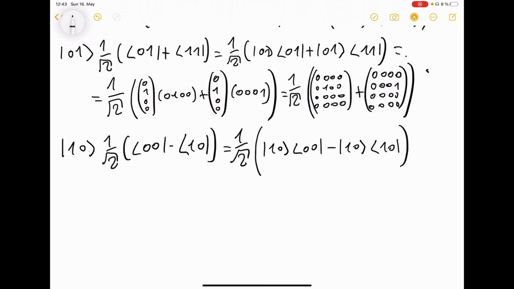Okay. So then again, looking at the outer products here, we have 1 over the square root of 2,